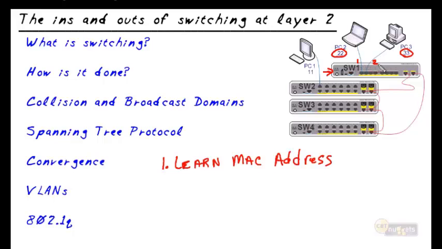So when PC2 sends a frame into the network, which only takes a few moments, your computers, when they boot up, are doing stuff on the network almost as soon as they can speak. So there are going to be frames going into the network. As soon as this PC sends a frame in, that frame at layer 2 of the OSI reference model has a source MAC address and a destination MAC